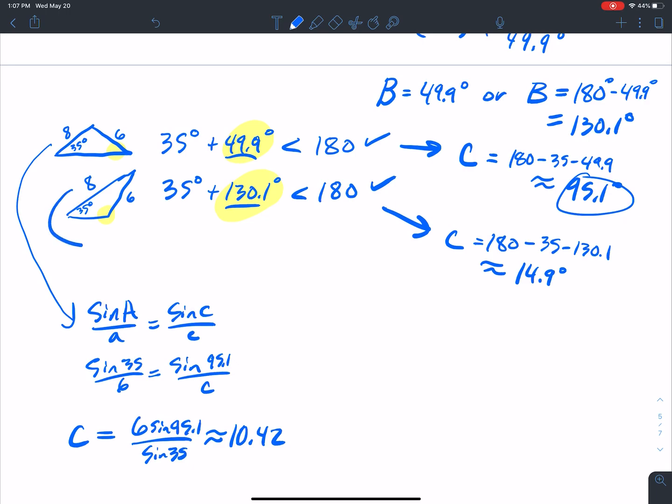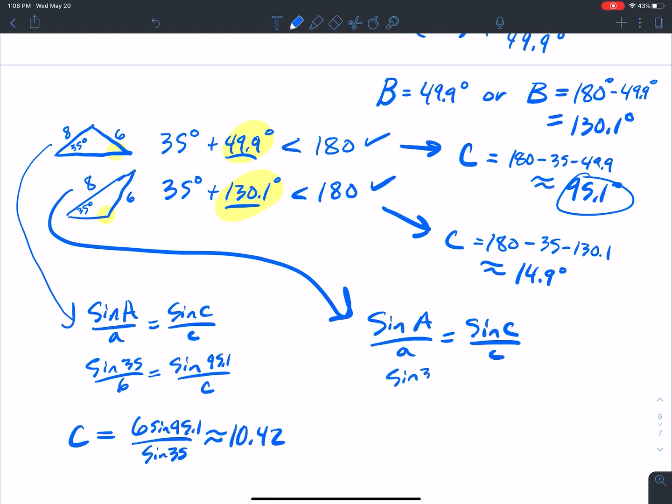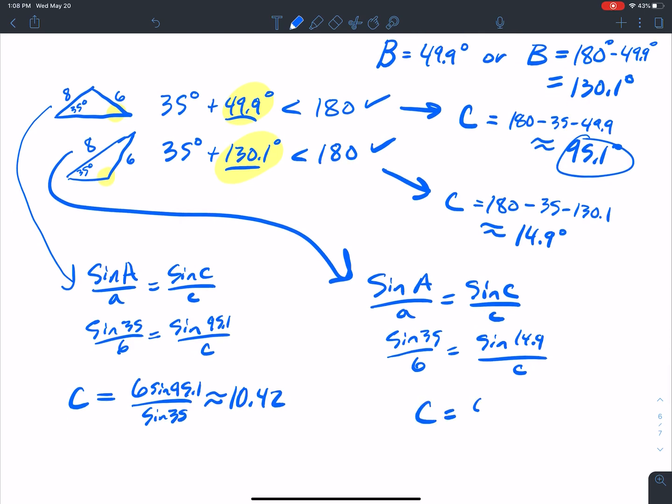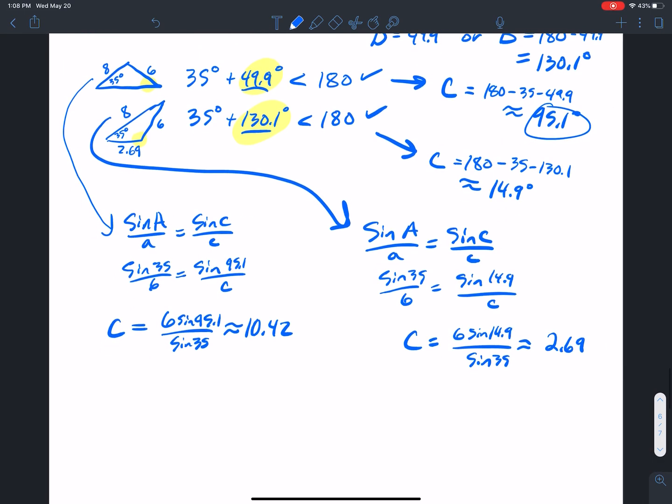And for this triangle, sine of A over little a equals the sine of C over little c. Gets me the sine of 35 over 6 equals the sine of 14.9 over little c. So c is 6 sine 14.9 over sine 35, which if I type in my calculator, I get 2.69. Okay, so those are the two different triangles that are formed. So just to summarize it,